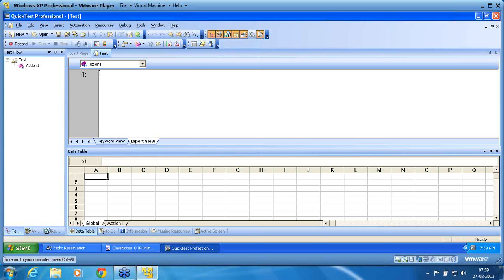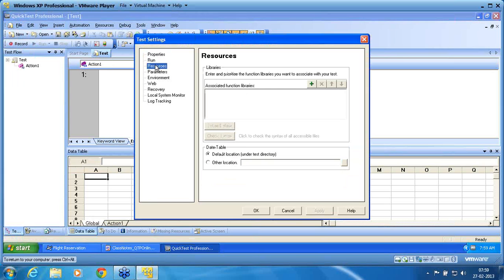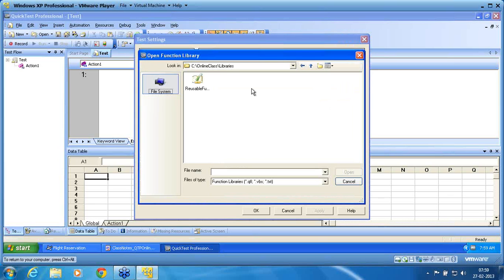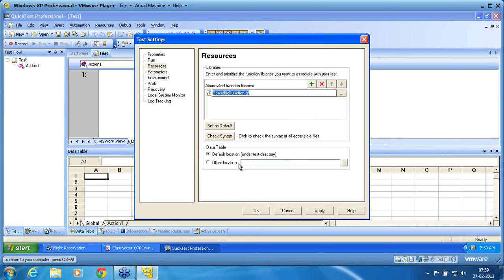To attach the library, I can do it through file, settings. Under settings, you can see a resource here. This resource will allow me to map a library to this test. I use add, I say now reusable function library. This library now I am attaching to this. This is the relative path. Now I have attached it. I set it as default now because